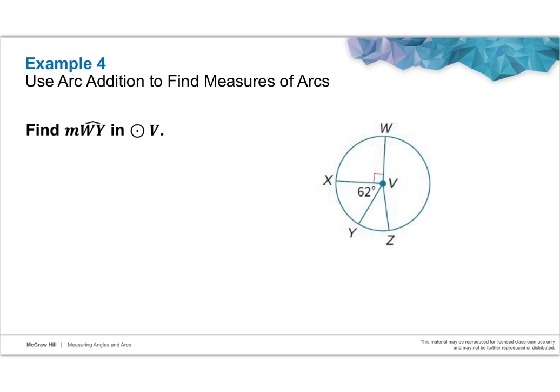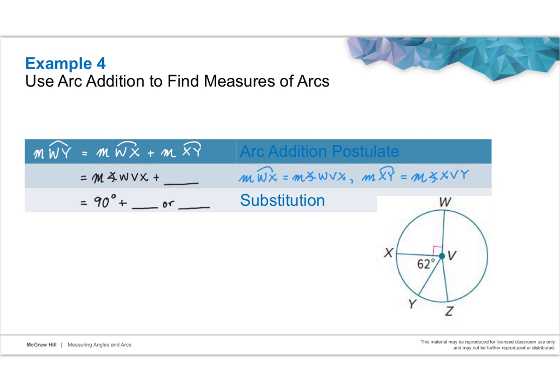In example 4, we'll use this arc addition postulate again to find some missing measures in this diagram. We're asked to find the measure of arc WY, so that's this whole thing right here, in circle V. Well, we of course know that WY is made up of two parts. We can see that it's made up of arc WX and arc XY, and that those correspond to measures of